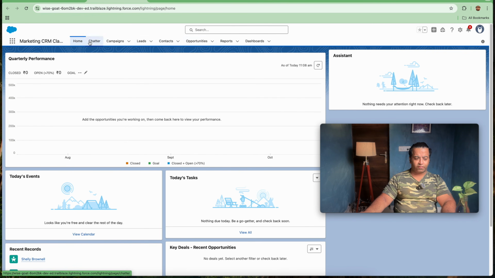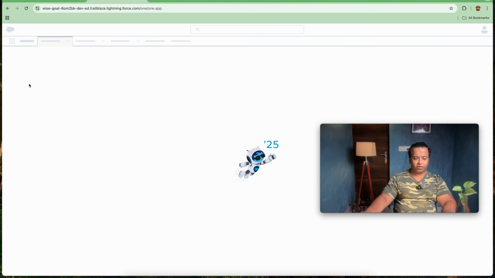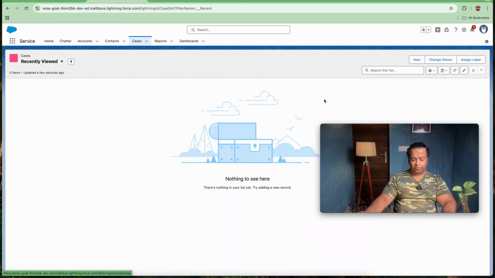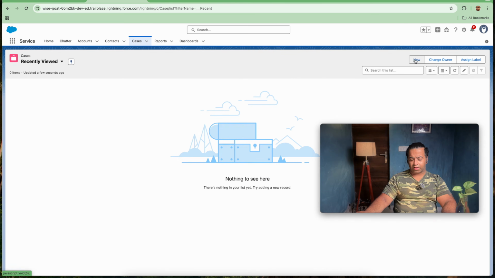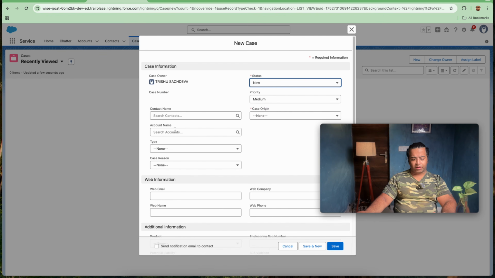Now what I will do is go to the Service Cloud app. After going to the Service Cloud app, I will click on Case. When you click New Case, because this trigger is for both insert and update, I simply type in case origin equal to Phone.